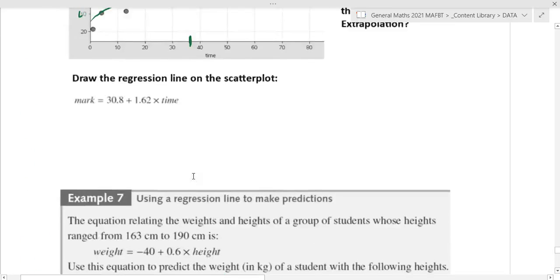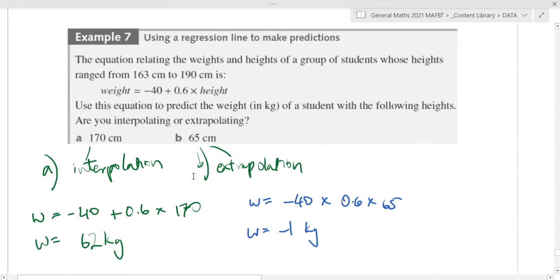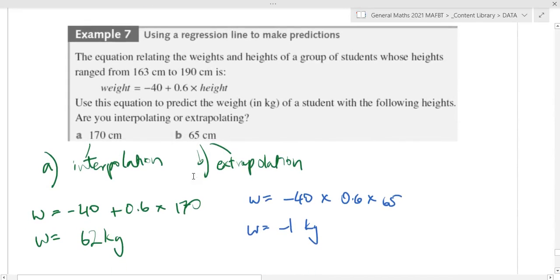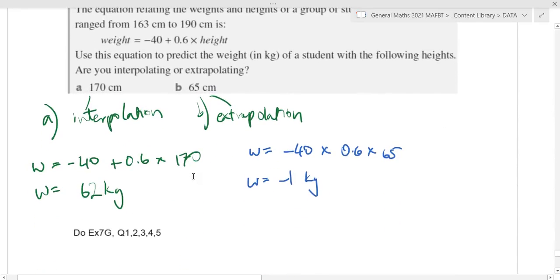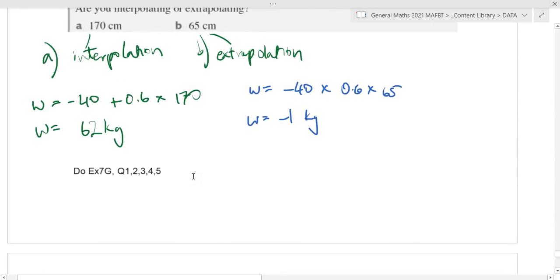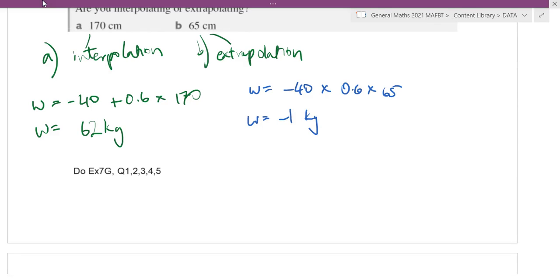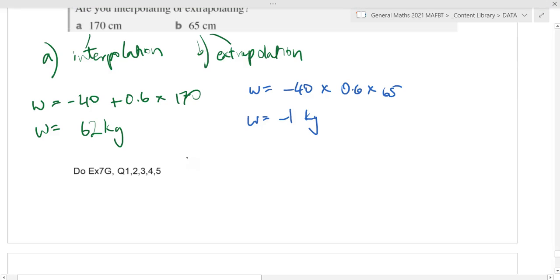Okay, so just a bit of a recap. We were looking into interpolation and extrapolation. This is when you make a prediction, if it's in the range or outside the range. One thing I forgot to mention was when you do these questions, if a question says, "Make a prediction," and then tell me whether it's reliable or not, you'd have to write reliable. So if it's interpolation, okay, reliable because